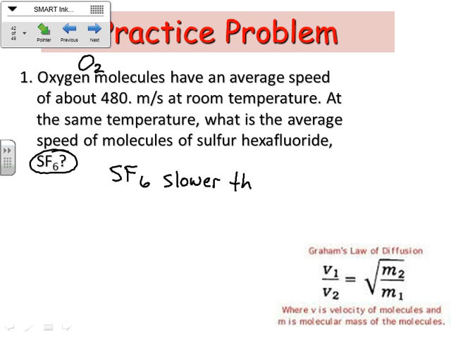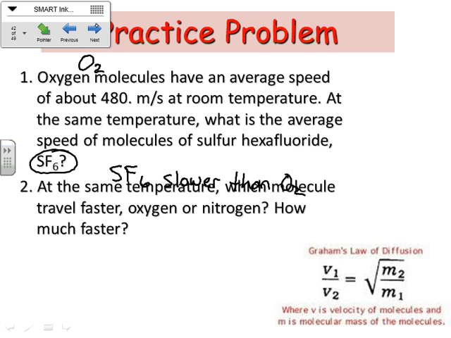And that's all. If you have a question like this on the test, that's all it's going to be. Okay? Out of these two gases, which one moves faster? And then all you have to do is calculate the molar masses. That's pretty easy, right? You guys can do that? Okay. All right, so one more little practice problem here.